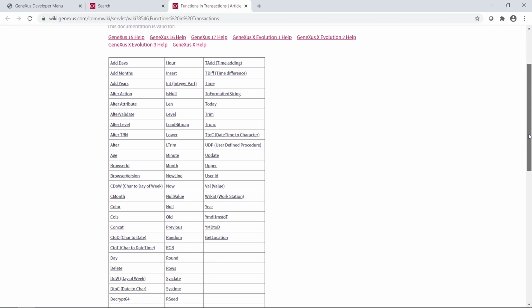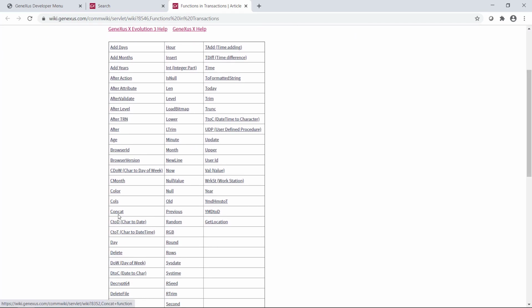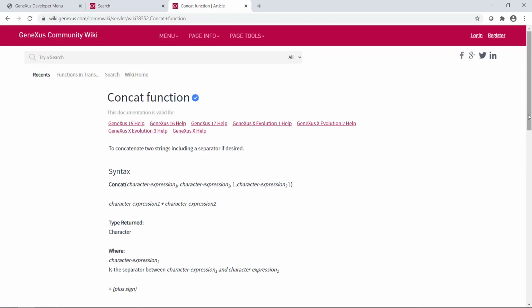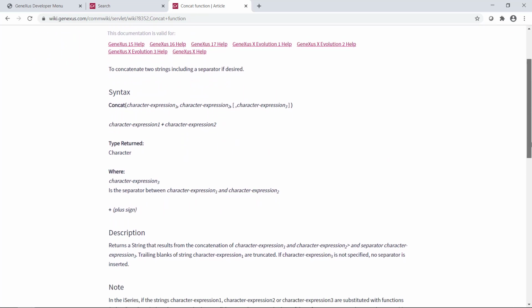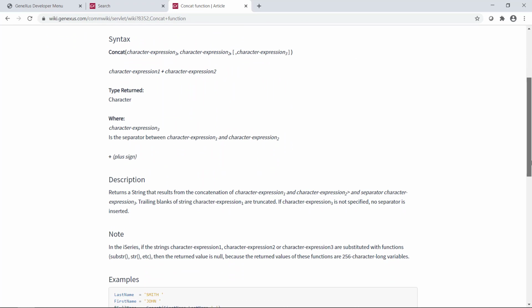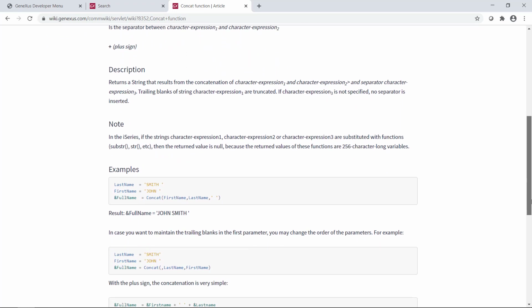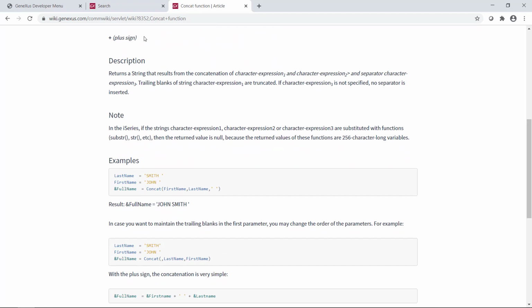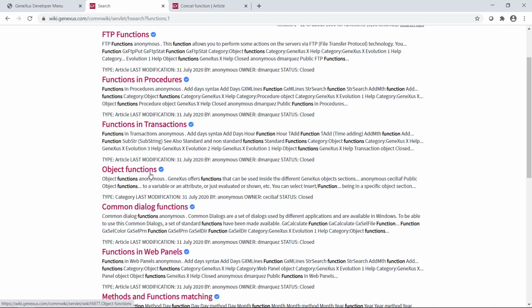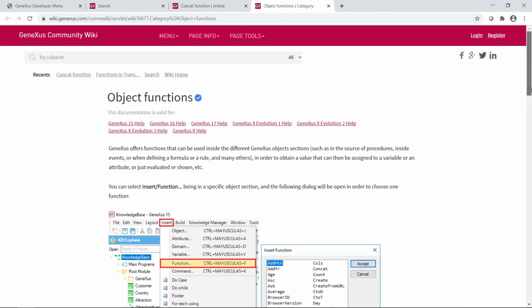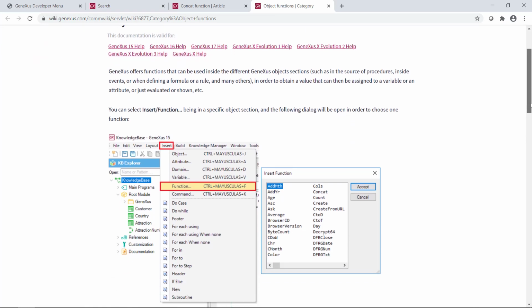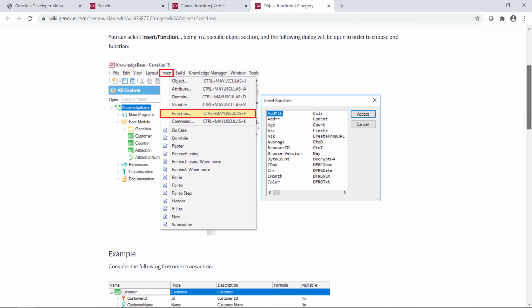For example, if we click on Functions in Transactions, we'll see all the functions that we can use in transactions, and if we click on any of them, we'll get their complete information: use, syntax, types of data returned, examples, and so on. Now let's look at the Object Functions entry.